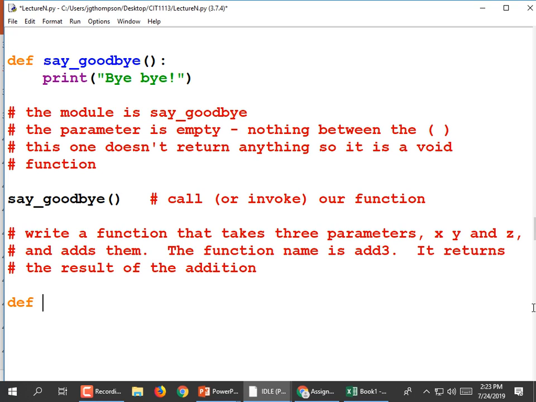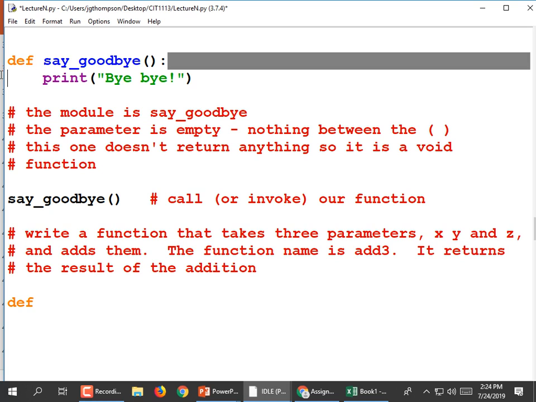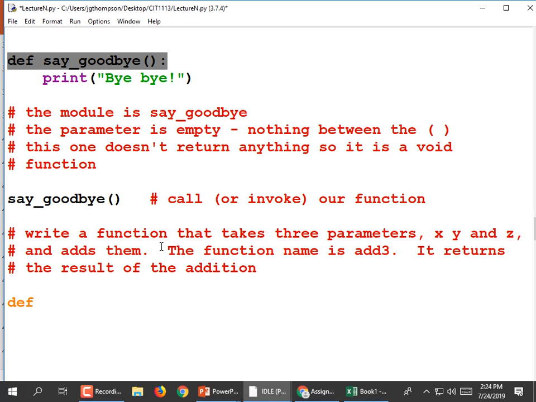And what did I say the name of it was? The function name is add3. Yeah, you're right. I mean, we had this function, and so you gave me the correct answer. But the function name that we're creating now is add3. So def add3, and I want 3 parameters, x, y, and z. They just better be separated by commas because all parameters are separated by commas. (x, y, z):